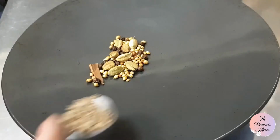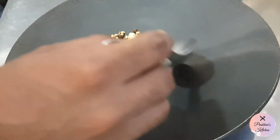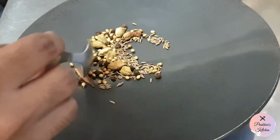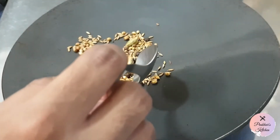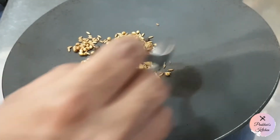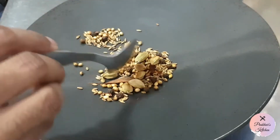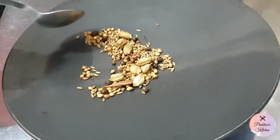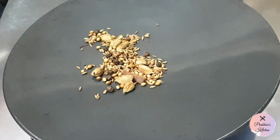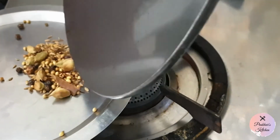Keep stirring in between so that they don't get burned. Now add jeera or cumin seeds. Mix well. And in the end we will add our beloved saffron. You don't want to cook saffron a lot because it might lose its flavor and aroma. So as soon as you add saffron, after 2 or 3 seconds, just take them out on a plate,